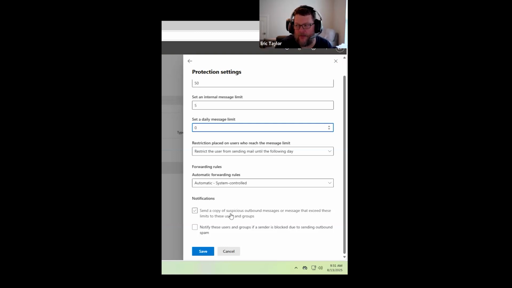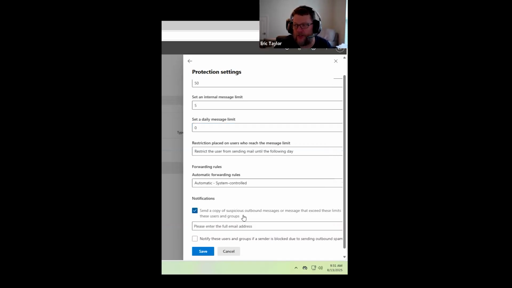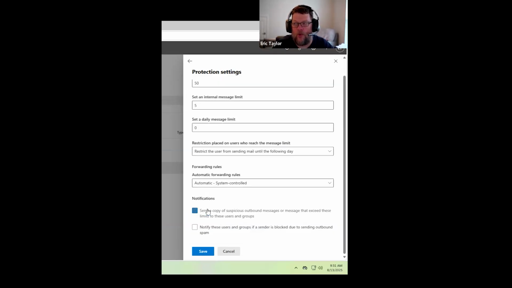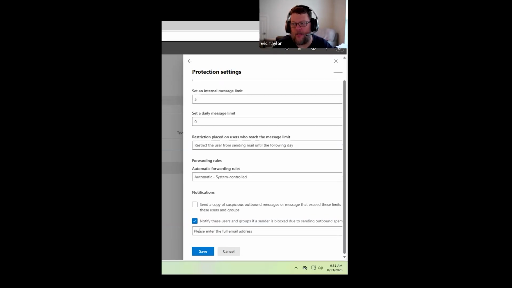Definitely send a copy of your suspicious outbound messages, or messages that exceed these limits, to these users and groups. Again, we're going back to groups, distribution groups, right? So you definitely want to make sure your admin is aware of things of that nature. And then also the same thing, notify these users and groups if a sender is blocked